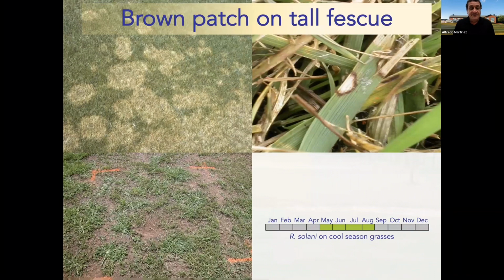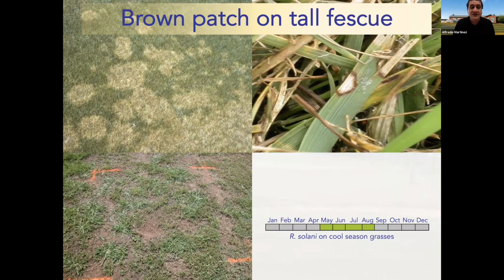Now, the same thing if you're managing tall fescue in the upper part of the state, from north of Atlanta north. There are a lot of tall fescue yards. Or if you're a golf course superintendent managing bentgrass, this is the time you have to be prepared. Or right here in a month or so, late May, early June, because there's the same brown patch in